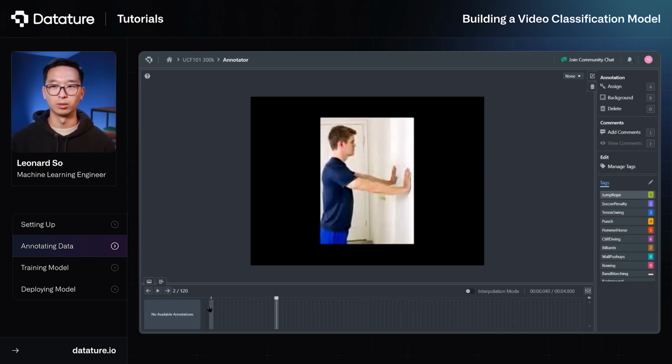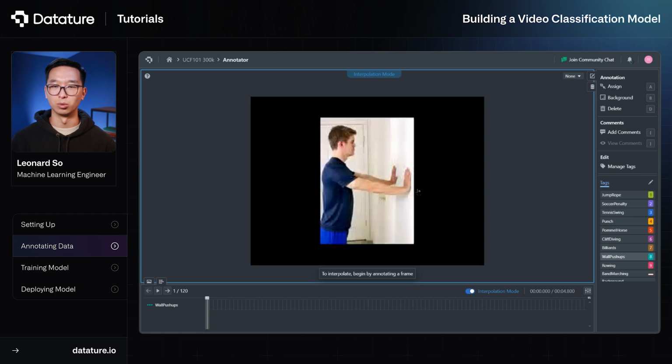Based on the video, it seems like a wall push-up. So what we'll do is go ahead and click the wall push-up tag on the right panel there, and then we'll want to annotate each of the frames accordingly. To do that, what we would want to do is click on interpolation mode, as this will allow us to mass annotate all the frames together, as opposed to having to click through each of the individual frames with the